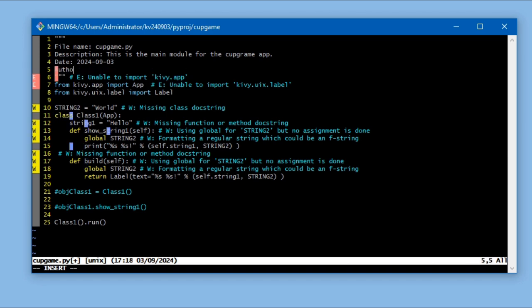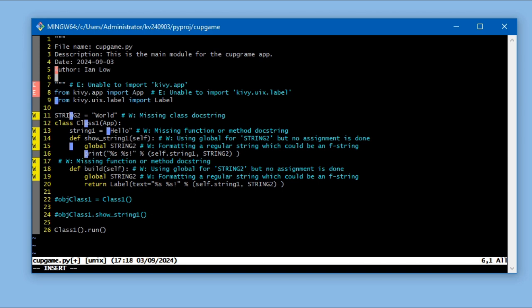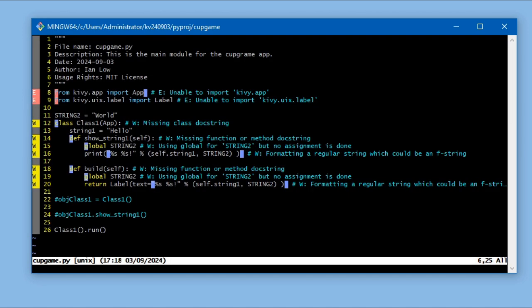And also the author, and also the usage rights, like that. So that is the docstring for this module, and if we go to the line where it says